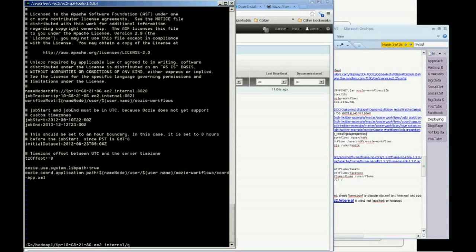This job start is really when we plan on kicking this off. So I plan on kicking it off at, this is UTC, so I'm 5 hours behind that. So we're looking at actually the 21st